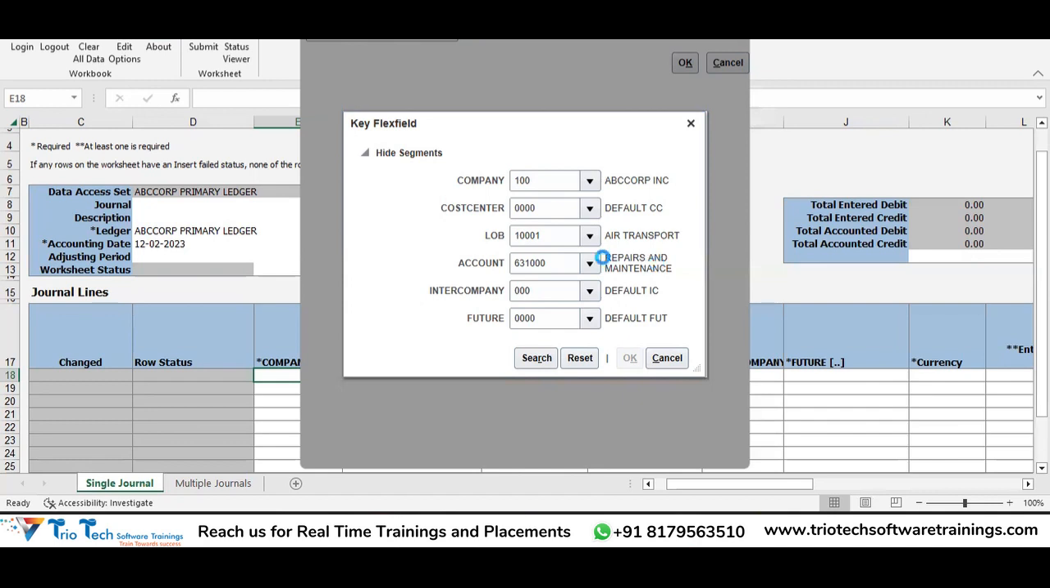Just a few more things around this ADFDI and FBDI. ADFDIs are generally this spreadsheet functionality that Oracle has inbuilt in the application. That functionality is generally utilized by the business users or the business accountants. But the FBDI sheets that we have are generally utilized by the administrators, as well as functional consultants or the integration team who develops the integration to bring in the journal entries